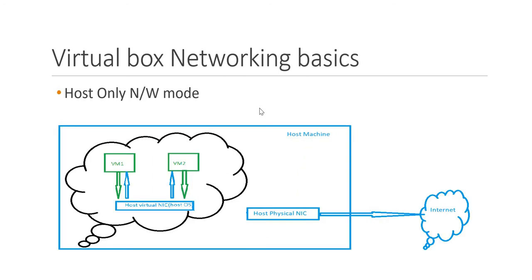And the last one is host-only network mode. In this, the VMs connect to the host via the host virtual network interface, and also the host can connect to the VMs. That means only the host can connect to these VMs, and the VMs can only connect to the host. So this is a completely virtualized network where communication between the host and VMs is allowed. Whenever there is a requirement that the host should only connect to the VMs and the VMs only connect to the host, then we can use this kind of network. This network can be used in combination with other networking modes like NAT to establish communication with external networks like the internet, etc.